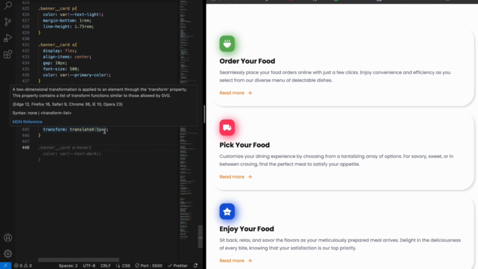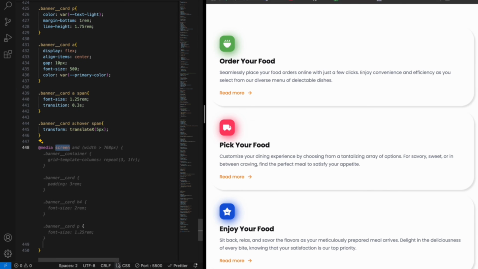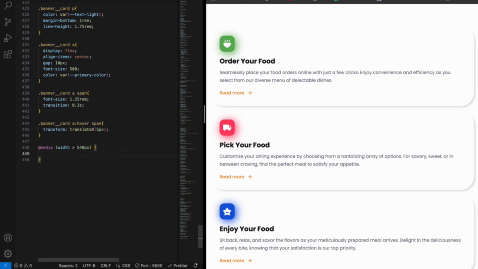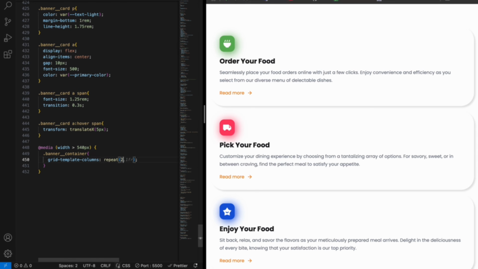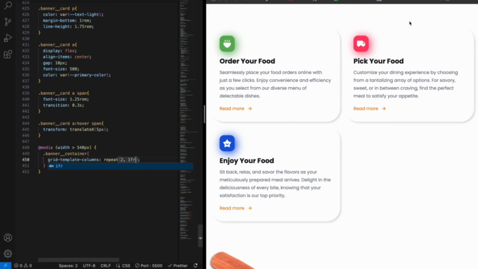For making it responsive, add a media query here, and if the screen width is more than 540 pixels, what I want is to convert this banner container that contains our cards. I want it to contain a minimum of 2 cards in a single row. So for that, I will add grid template columns, repeat 2 and 1fr. Okay. Refresh it, and here we have 2 cards in a single row,